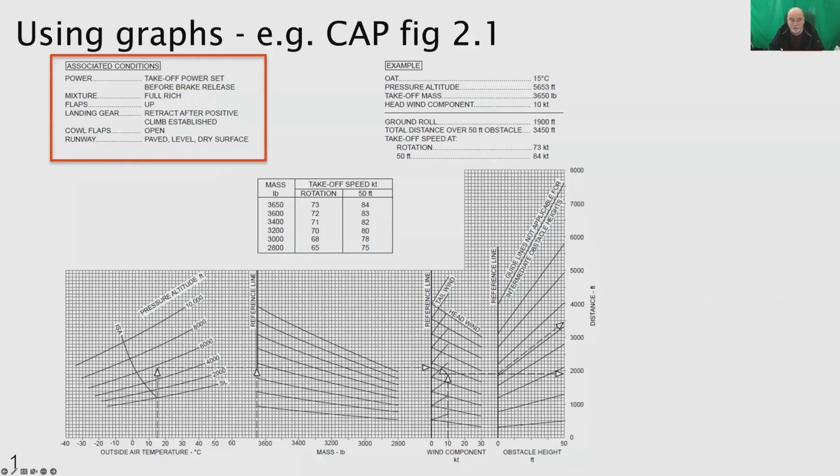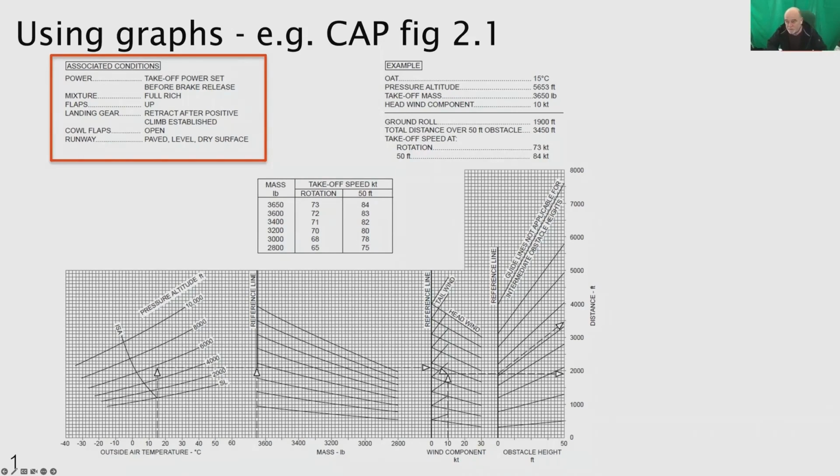So to start with, we've got associated conditions. Every single graph in the CAP will tell you what associated conditions are being used. Some of these are obvious and some of them really are not. So it's really worth getting into the habit when you use a graph, start by looking at the associated conditions,